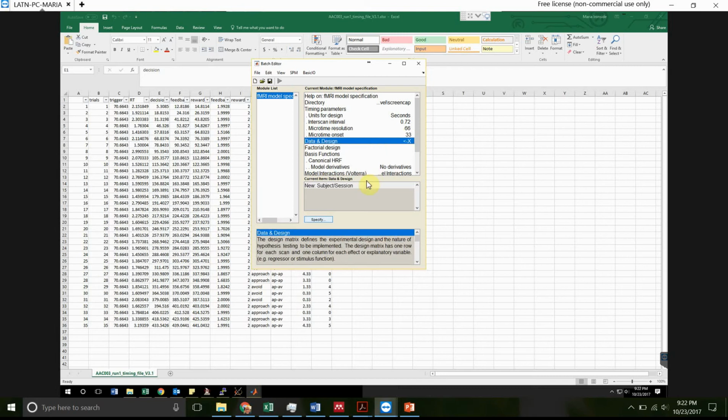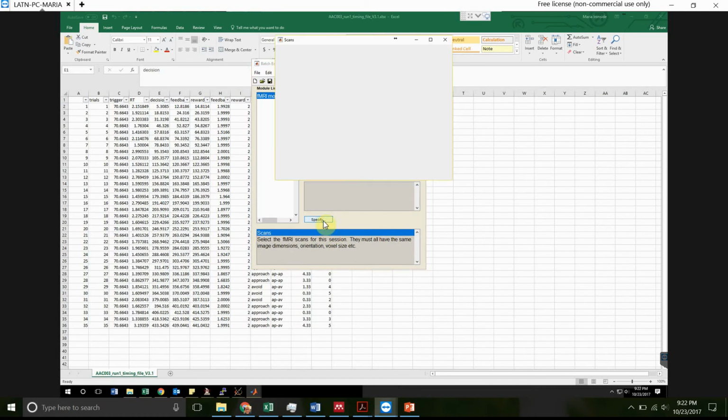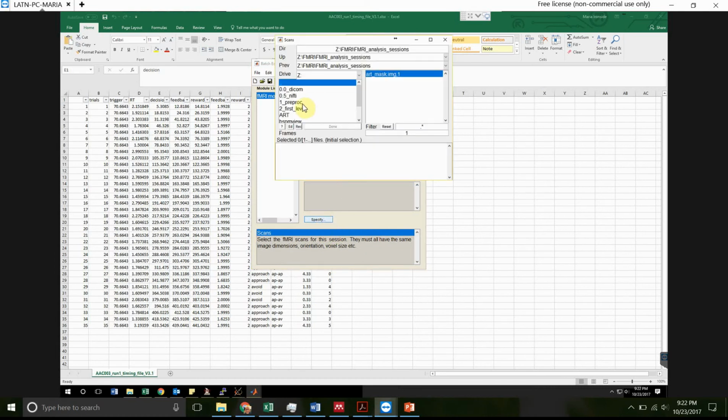Now, for data and design, this is where you want to put in your smoothed data to apply your first level conditions to it. Select new subject session. And in the scans field, you want to specify the smoothed data that we did at our pre-processing stage. So we'll select pre-proc, and I'll go for my copy one backup, run one. And you see in here are all the different types of files that were created by the pre-processing steps. Now, in order to filter this, so you'll just pick up your smoothed data, you type in SWAU, press enter, and that will only show you the smoothed